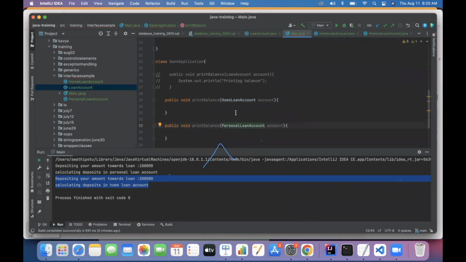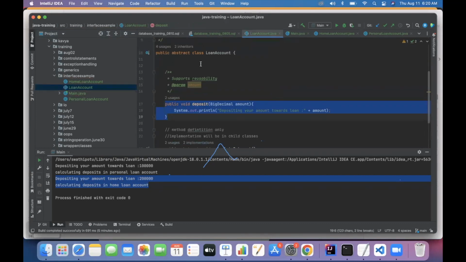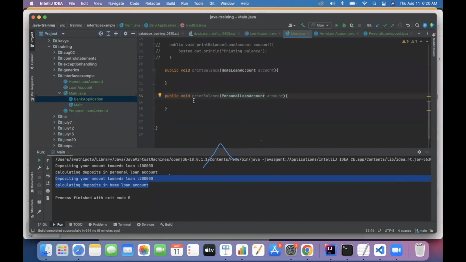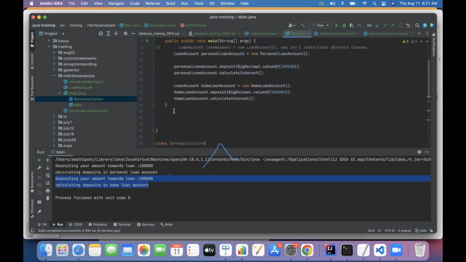if I implemented it like this, let's assume the first drawback is if I have one more loan account extended, maybe an educational loan, or any other loan, a crop loan or anything, then the first drawback is I need to implement that method here also, which I don't want. The second drawback is,